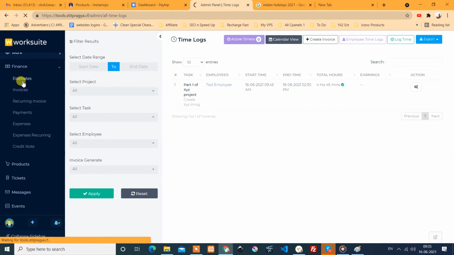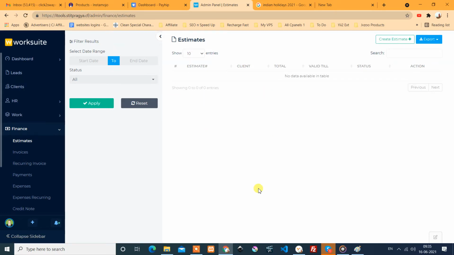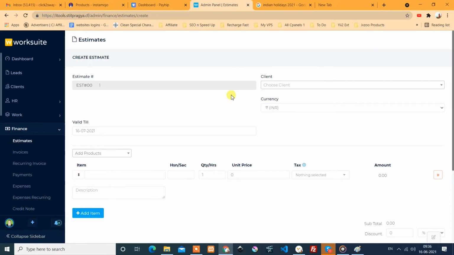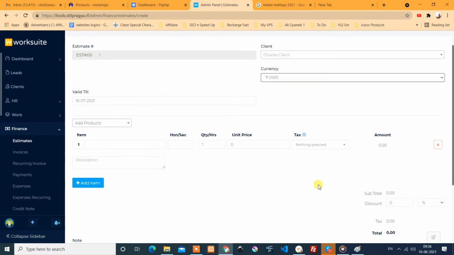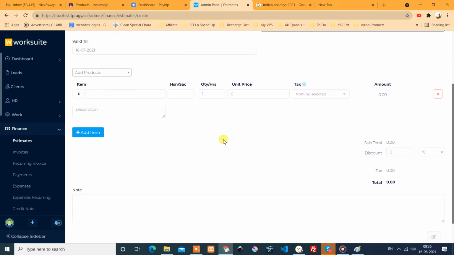This is related to client also, means if you consider adding client, and then we have that estimate, we can send the estimate. You can have that ID. We have to select the client thing, and you can create some quotation type. You can give it to the client that this item, let's say item A.